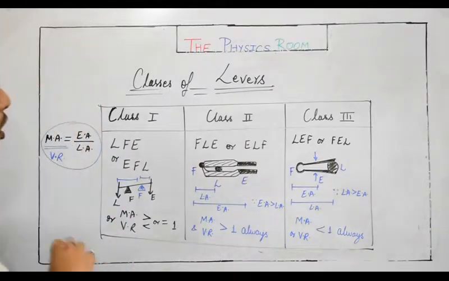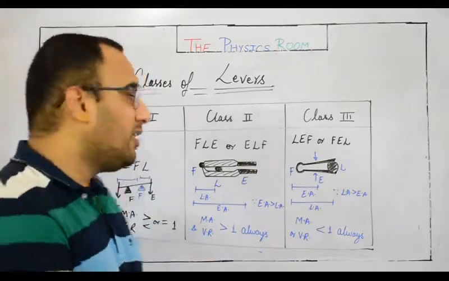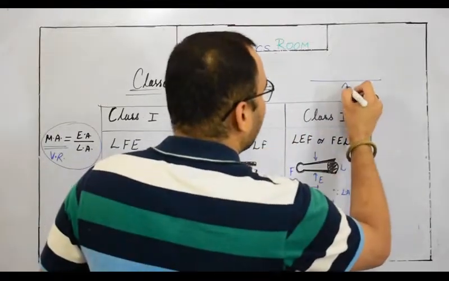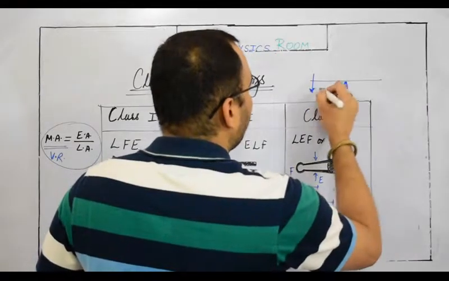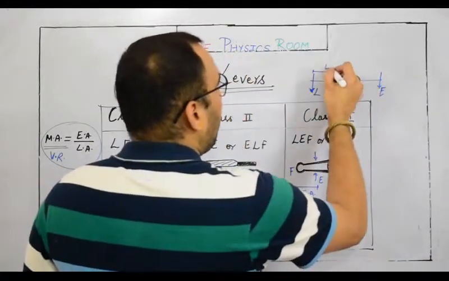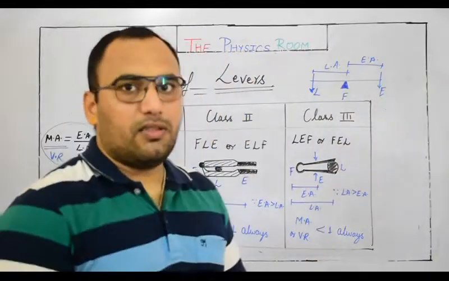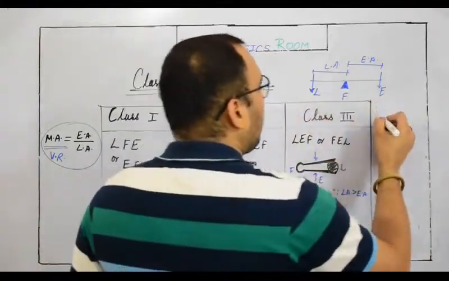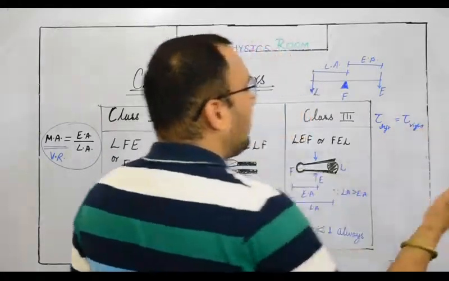And now let me tell you, all types of levers, whatever we are talking about, class first levers, class second levers, class third, ultimately they are following the simplest principle of moments, meaning about a point in equilibrium condition the load is trying to rotate it. If we say this is the load, this is the fulcrum, this is the effort, so this is the load arm, effort arm. We have discussed in the previous chapter the condition of equilibrium. So in the rotation equilibrium, total left side torque and right side torque must be equal, right? Or clockwise and anti-clockwise you can say.